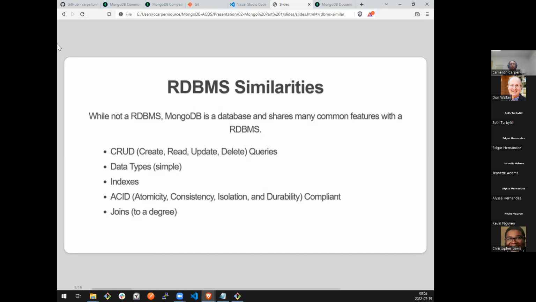The data types comparatively are the same at a very simple level in that we can store strings, we can store numbers, we can store booleans, and so on. There are some more complex types that we will talk about towards the end. I don't see them used that often, but if we're specifically looking at this from a data science point of view, they may have more relevance to you.